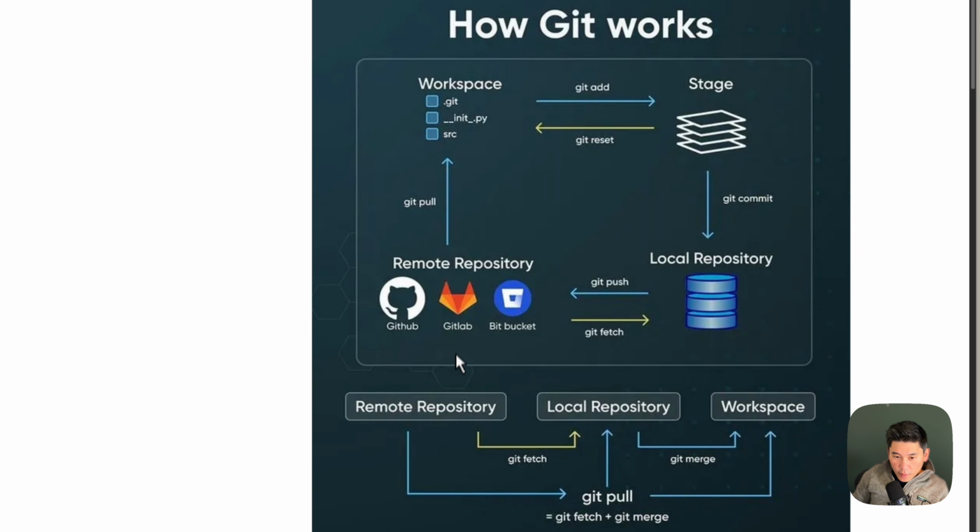You have a remote repository, which we used GitHub to set up. So remote repository here. And then you have your local repository, which is on your local machine, the computer that you're on. Local repository is your machine, but they use the concept of workspace, which is your folder. So your folder, in our case, that was, I think,